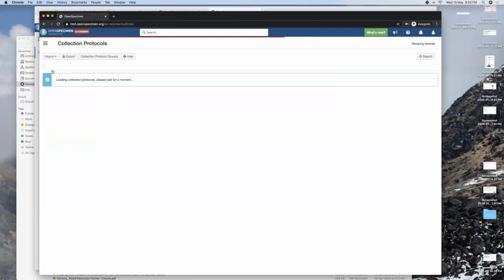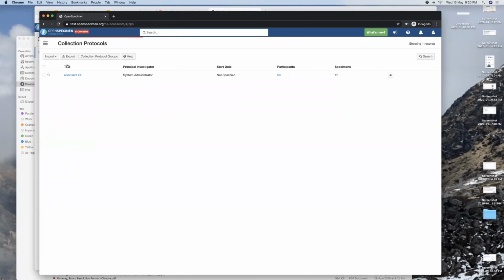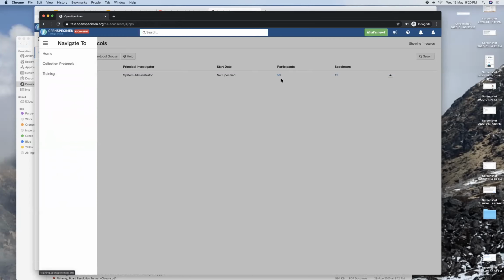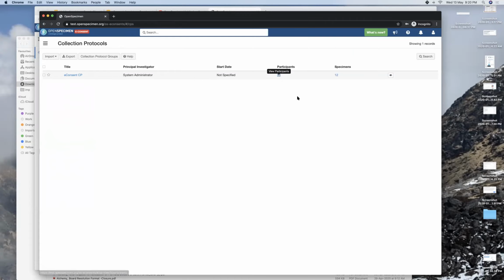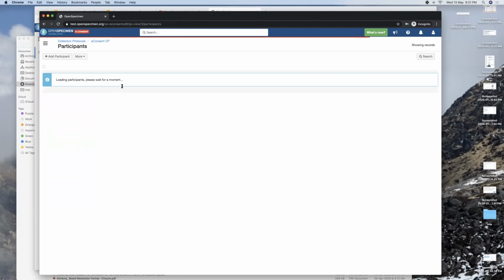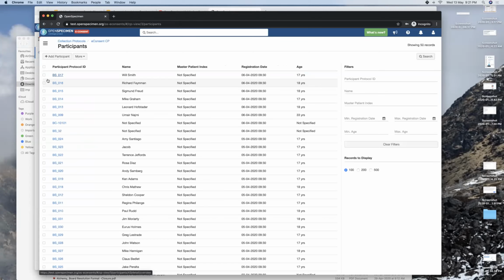You see here in the menu, you don't see anything else other than collection protocols, and you can go into the participants. Once you go into the participant, the only thing that you see here is the forms and the consents. No visits, no specimens, etc.